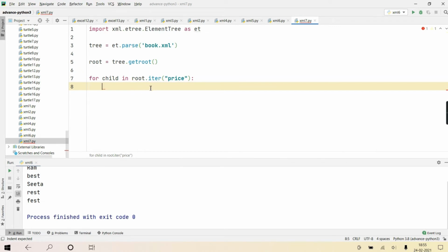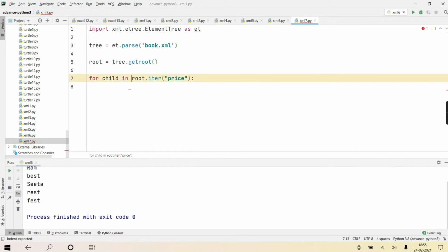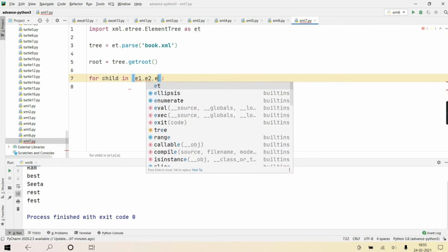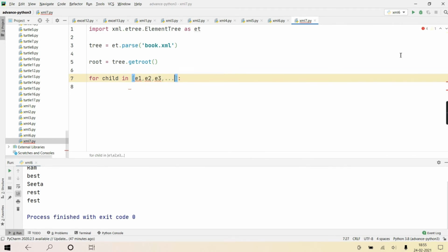Clear? All the elements which are children, children's children, going on, of root with the tag name price. So all of them come in a list form. The function will return one list in which all the elements will be present. Yes or no, guys? That function will return a list, isn't it? So what is that function going to return? One list in which element objects are there, only those element objects whose tag name is price.